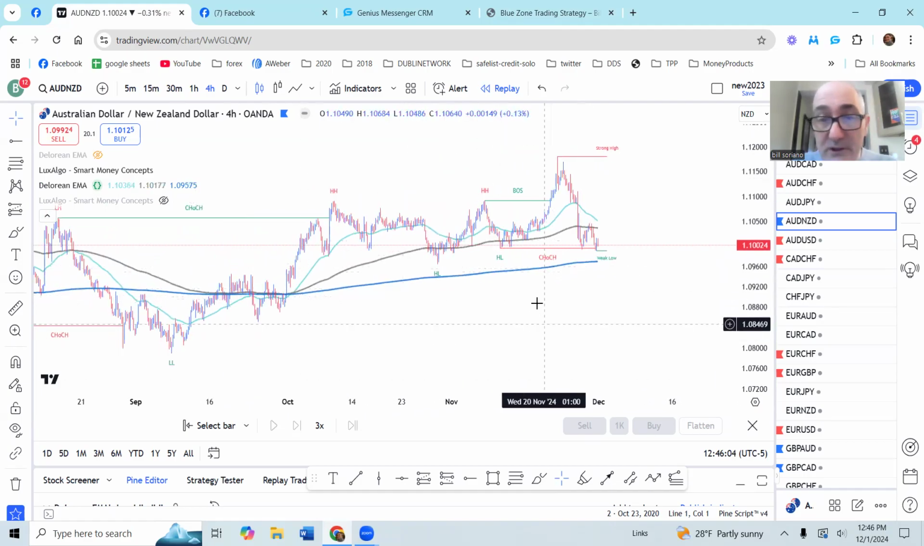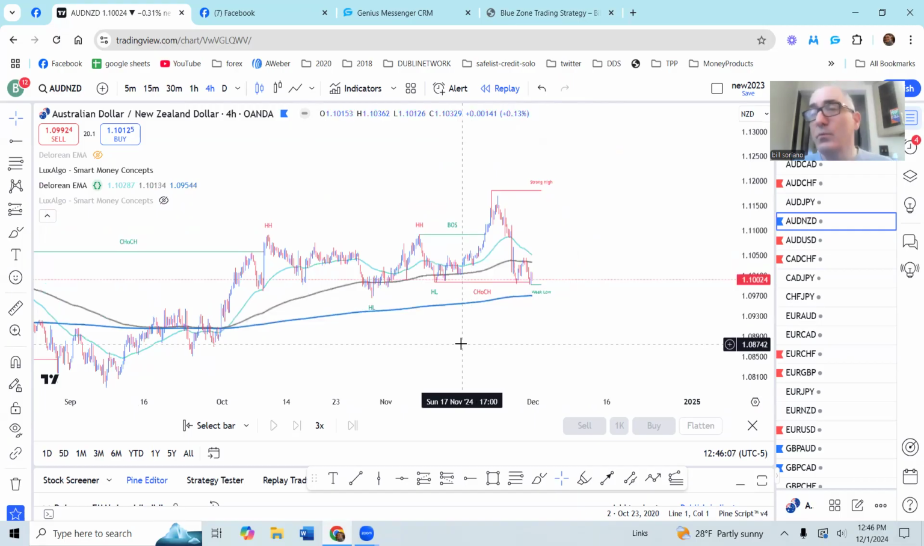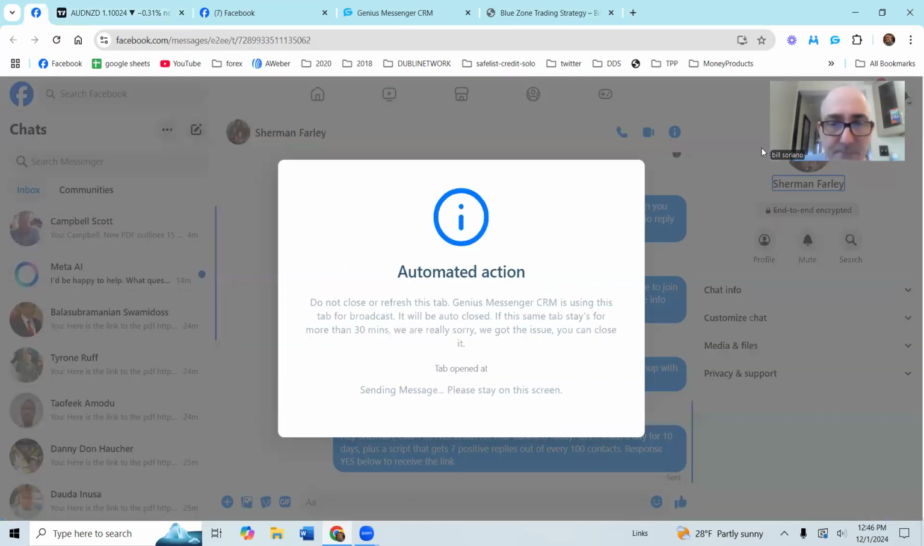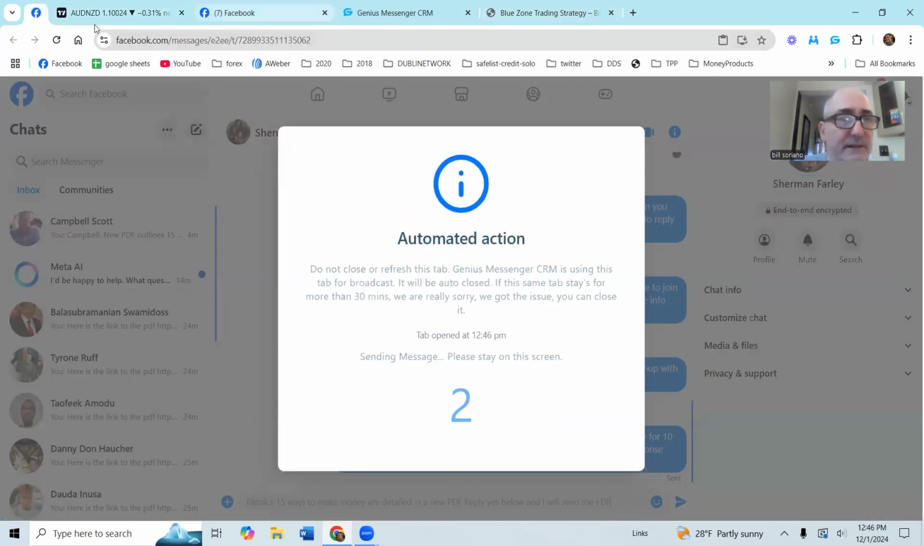So the first thing we want to do is determine which way the trend is going, which way the bias is on the higher time frame. That way we know if we're taking a trade with the trend or against the trend, right? So I show you how to set up these two indicators on the charts, the Dorian EMAs and the Lux Algo Smart Money Concepts. I'm not going to go into those right now, just watch the videos on that. But we could see here, if we look at this,